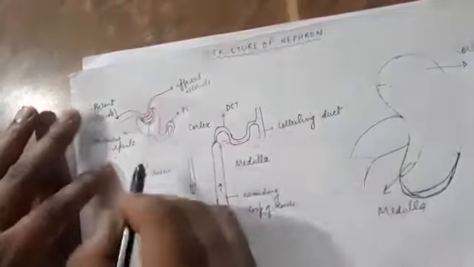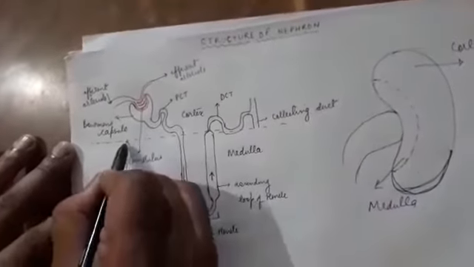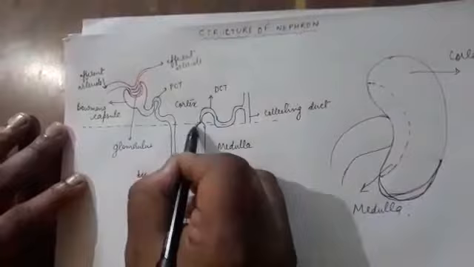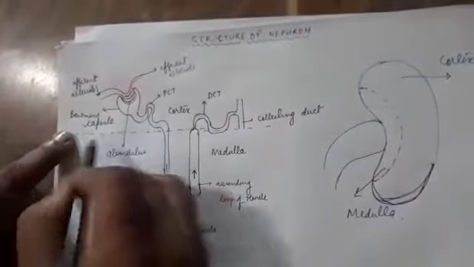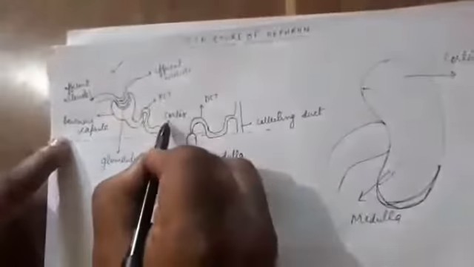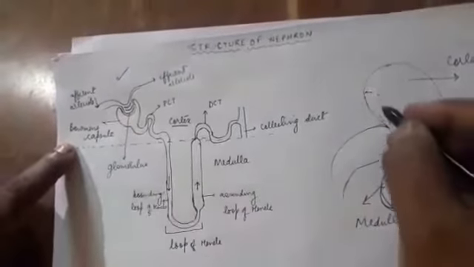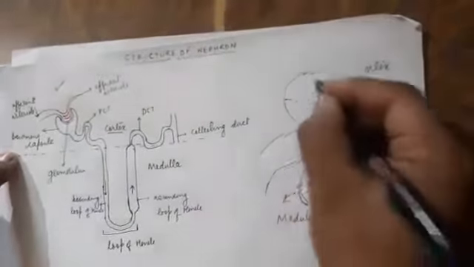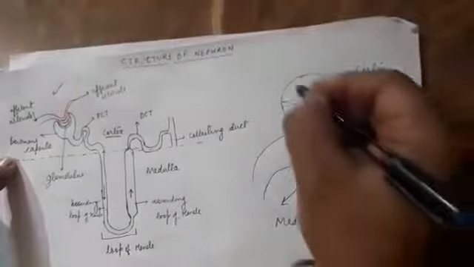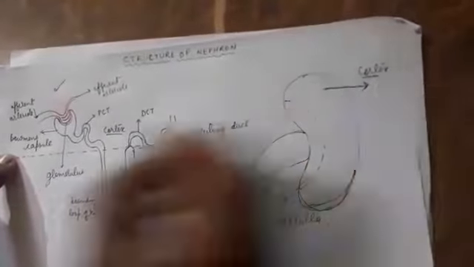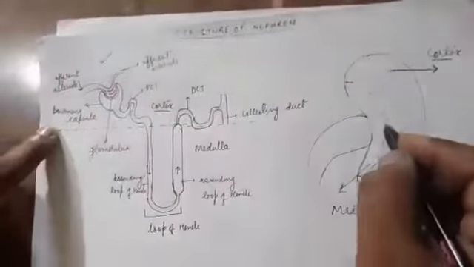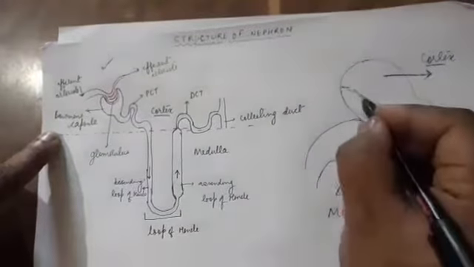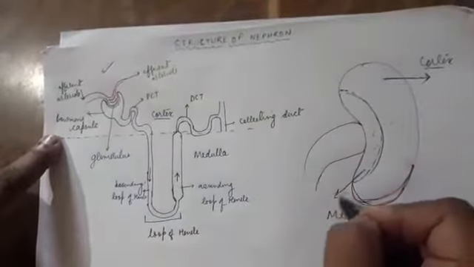Again when it comes up, you just see a line which I have drawn over here. Above this line is the cortical region. This is the cortex. The outer structure which I have just drawn here is the cortex, and this one is the medulla. So medulla is this and cortex is this.